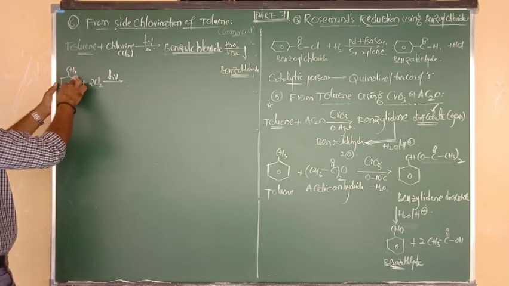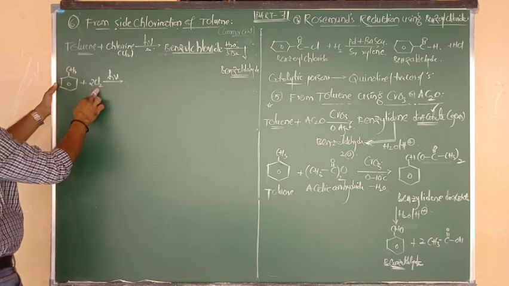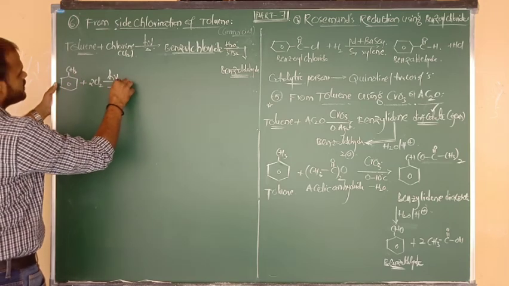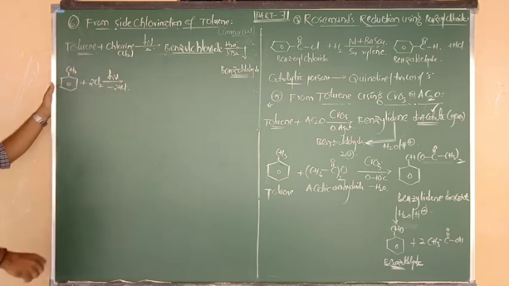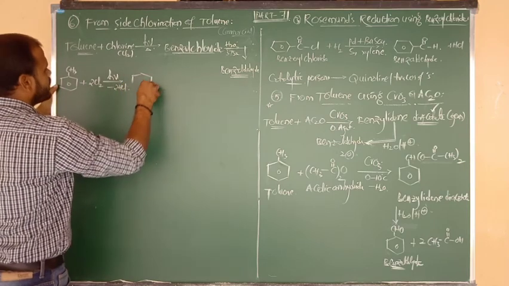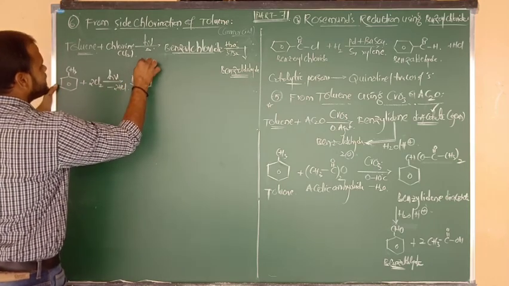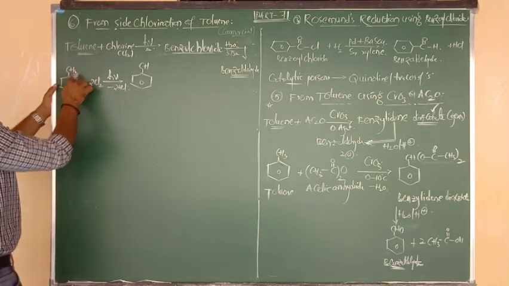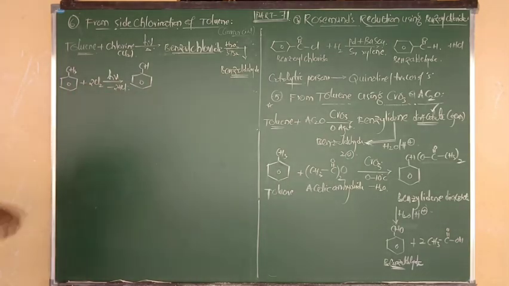From this position 3 alpha hydrogens are there. Take 2 alpha hydrogens and 2 Cl, they are eliminated in the form of 2 moles of HCl. What will be the remaining formula? Benzene connected to CH, with 2 hydrogens eliminated in the form of HCl.